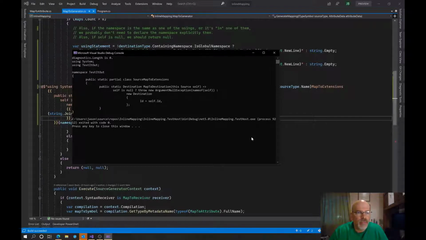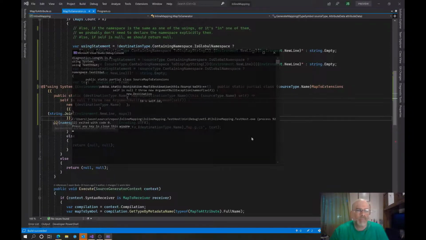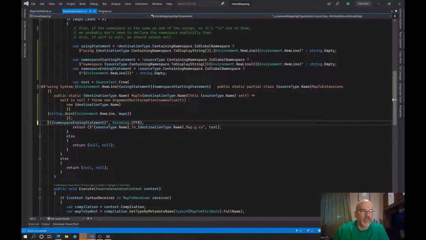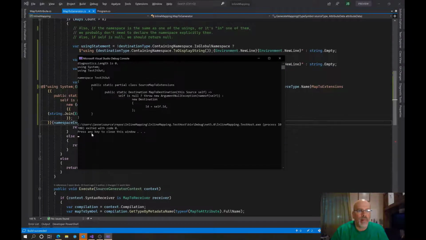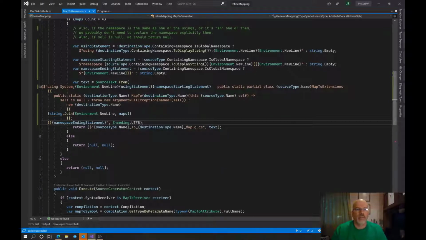Okay, so using system, using tested out, we could actually do that a little cleaner too. Yes, this needs to be drawn back. There we go. So self is null, throw a new argument null exception, name of self, otherwise new destination. Yeah, okay. So